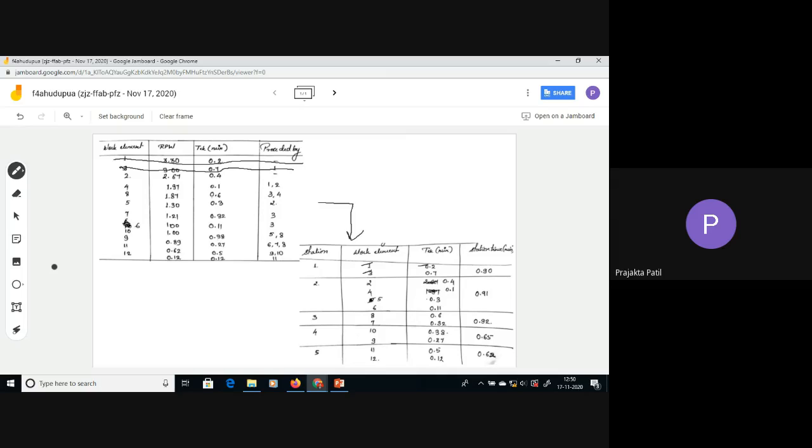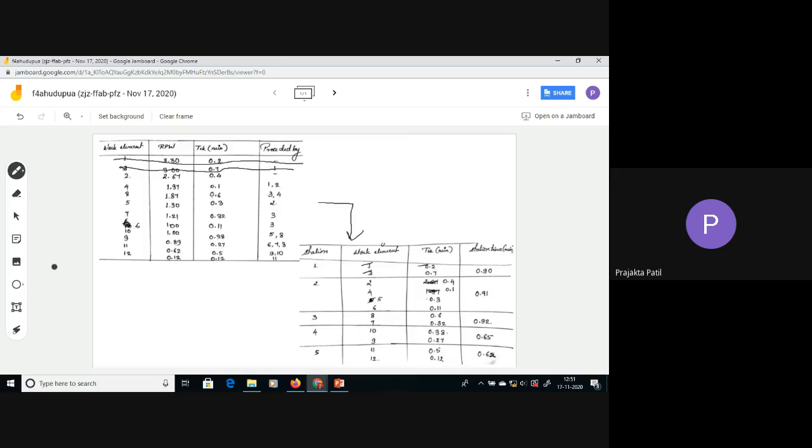This means that at the first station, only these two work elements can be performed. After that, let me start with station 2. For station 2, again, I have to start from the beginning of this table. I just cannot start anywhere at random. It has to start from step 1 again. 1 is allotted, 2 is allotted. These two are already allotted.